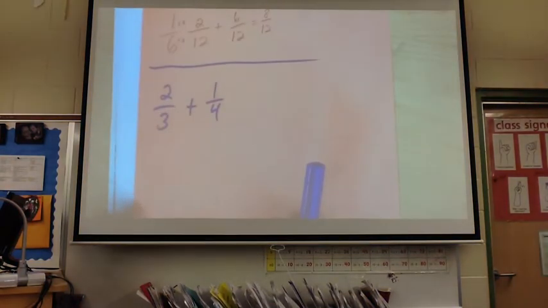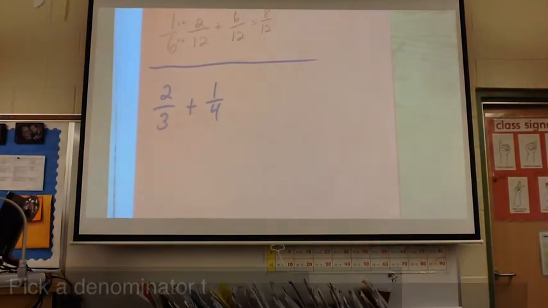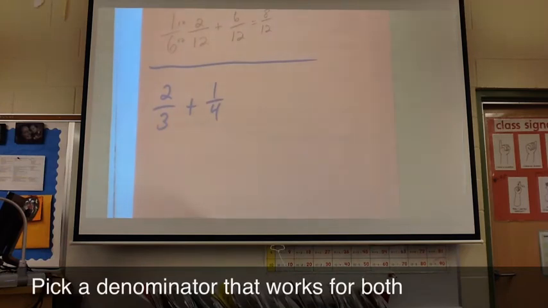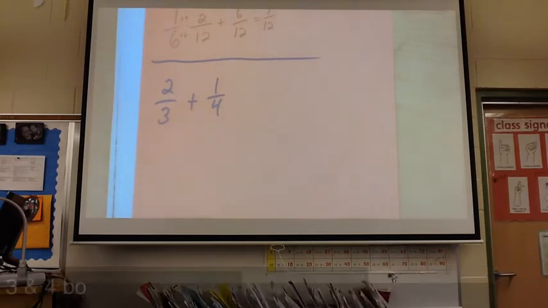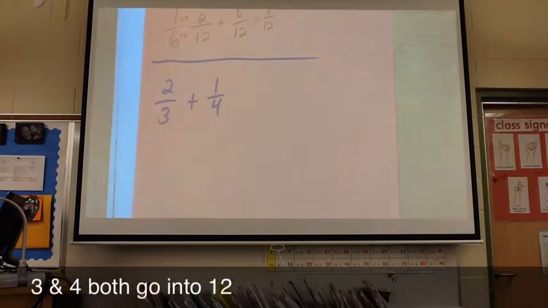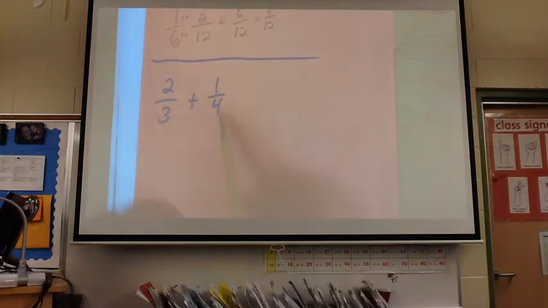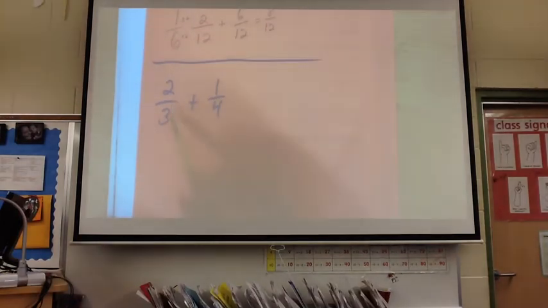The first thing we have to do is decide what denominator we're going to use, since thirds and fourths can't be added together. So I'm hoping that they'll figure out that it can be twelfths. Really any number that these two are both a factor of or can both go into will work. So in order to change 2/3 into twelfths,